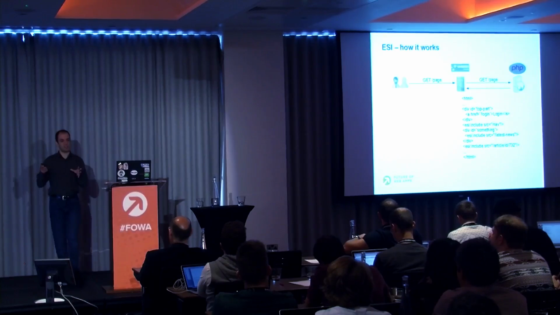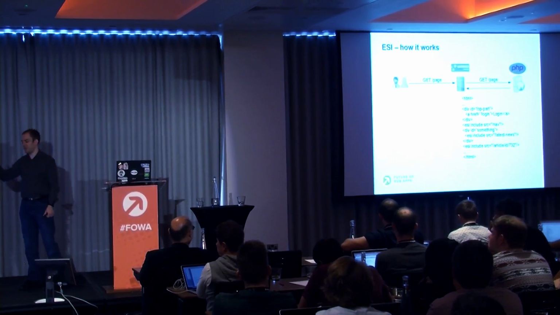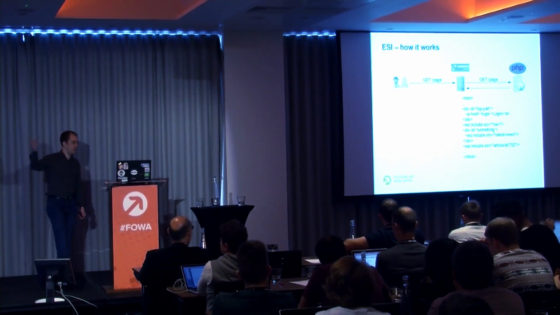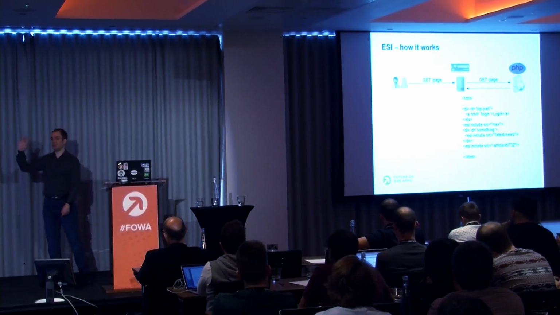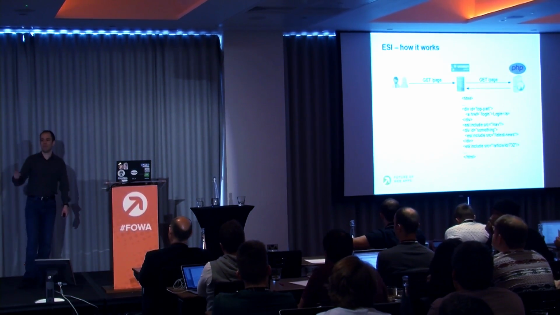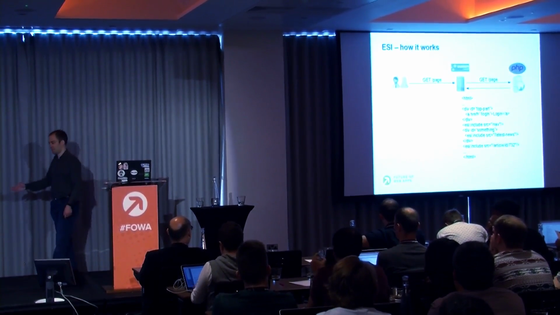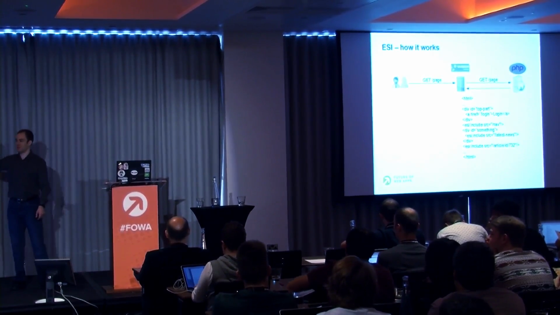Now, just to be clear, for this first attempt to retrieve this page, you have /page going to the web server, and then an additional hit for /top, /nav, /latest news, and then the /article. That's 5 requests for one single page. But if you press refresh, everything's in memory. Every single block, every single ESI block is in memory. So it's not going to access the web server at all anymore. Only after 2 minutes, when that latest news in the cache has expired, it's going to hit the web server again just to fetch /latest news. And then another 2 minutes of nothing hitting the web server. So this is very nice, of course, because you're not hitting your web server anymore for any information that's in the cache.